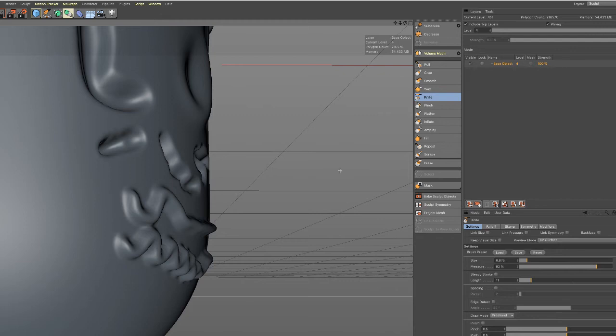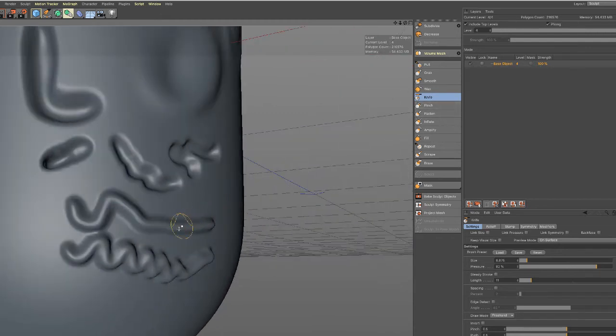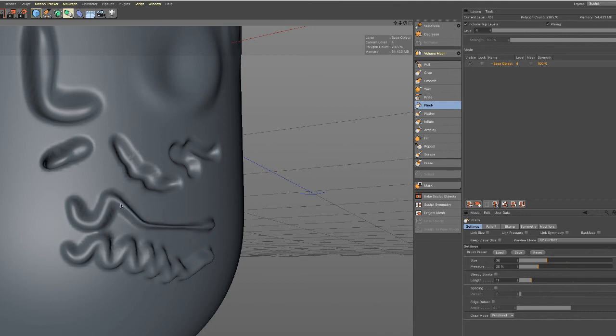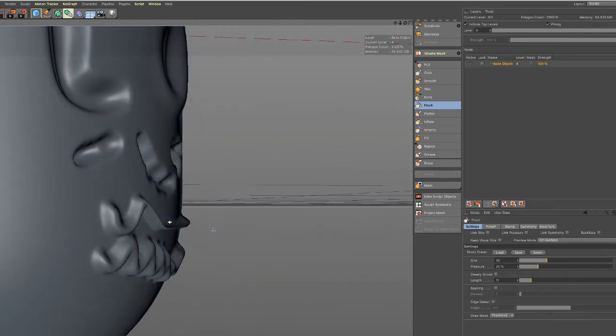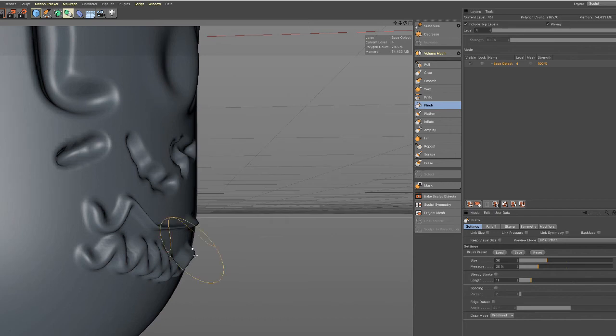The pinch tool is the next one down. It's as if you're using two fingers to pinch clay. So let me get the pinch tool again. You can increase the pressure here and the size, but if I go over a ridge along the axis of the geometry, so to speak,